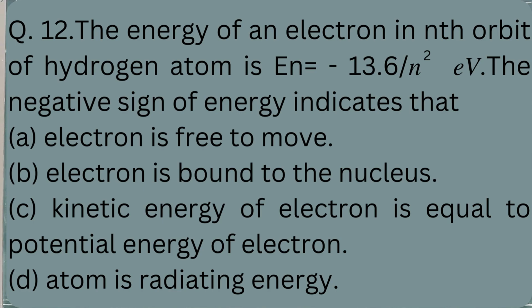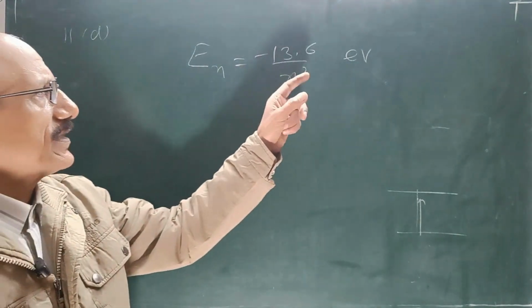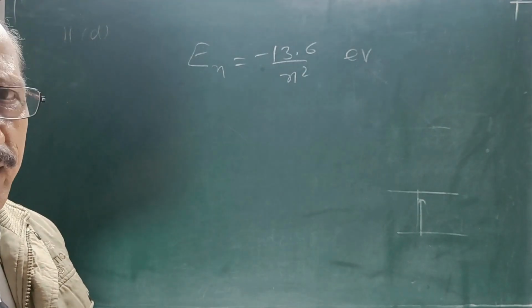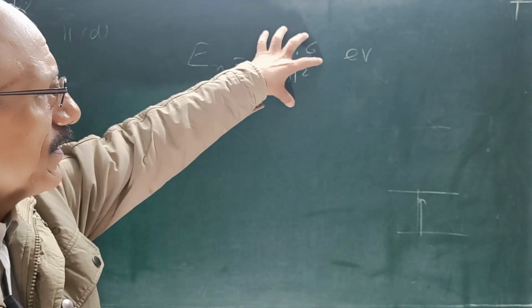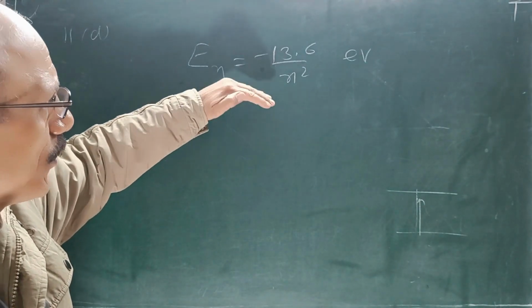The negative sign of the energy indicates that: A, electron is free to move; B, electron is bound to the nucleus; C, kinetic energy of the electron is equal to the potential energy of the electron; and D, atom is radiating energy. En equals minus 13.6 upon n square eV, the negative sign indicates that the